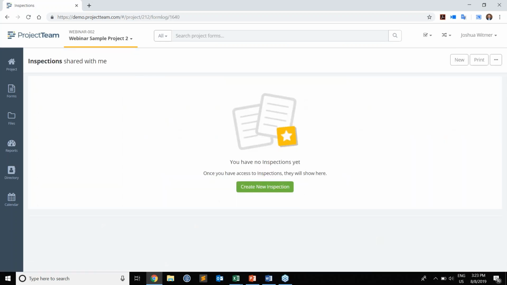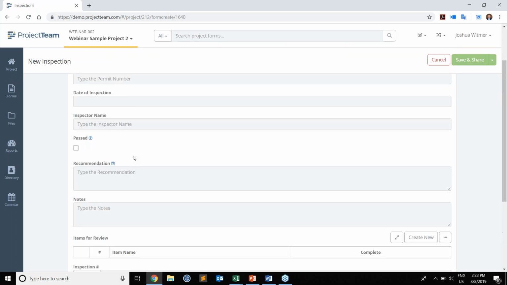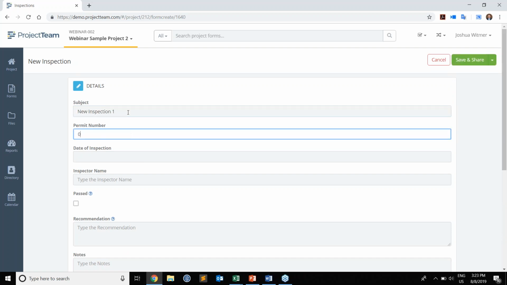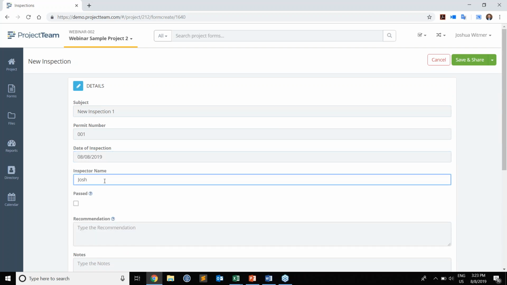I can click into inspections. I don't have inspections yet, but my form is already created. I don't need to go through and do anything. I can just say new. I have all the fields already set up for me, and now I can just use that. So I'll say new inspection 1, inspection number 1, date of inspection, maybe the 8th, inspection name, let's say Josh,